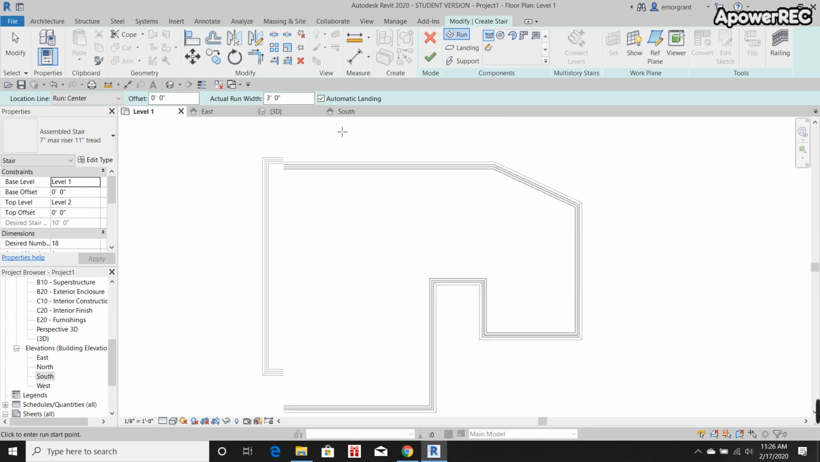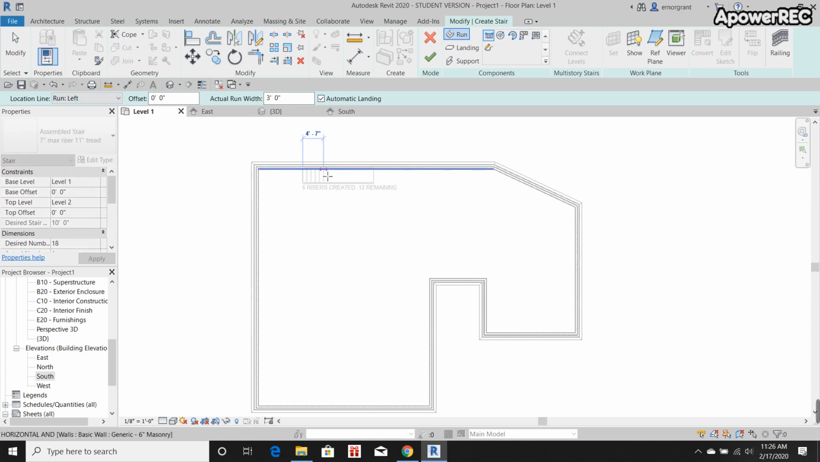So what we want to do is, up here we want to make sure our actual run width is 3 feet wide, and it's going to create a landing for us. And it's going to make it really easy. One thing we do want to pick though is where the location line sits. So you can do it from the center, or you can do it from the exterior supports on either side. So I'm going to do on the run on the left side, because now I can click along this wall,